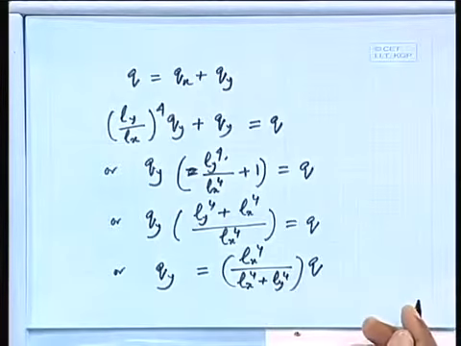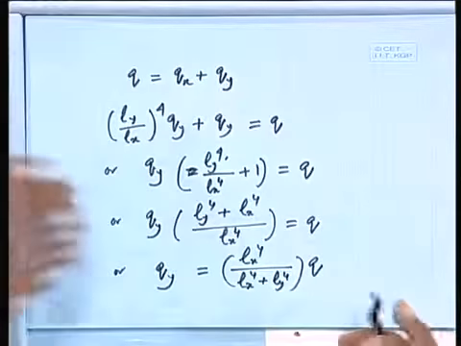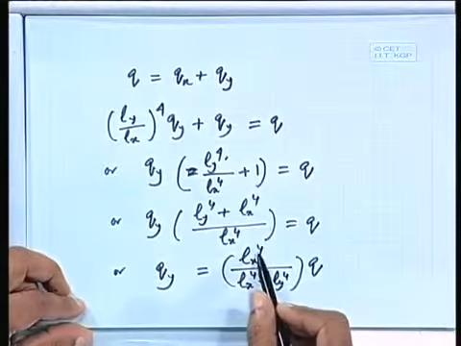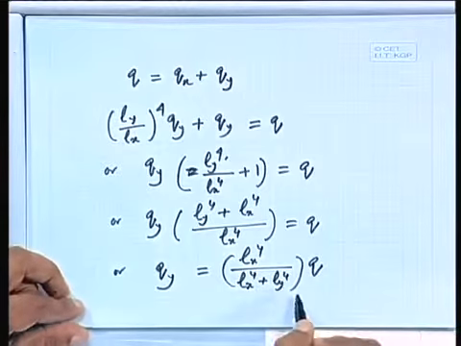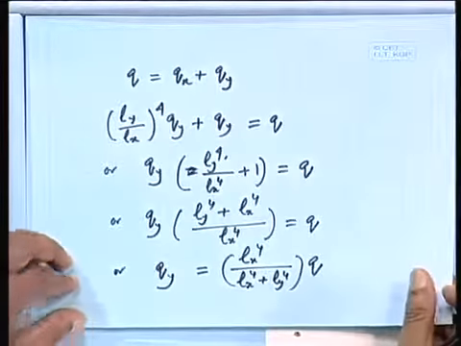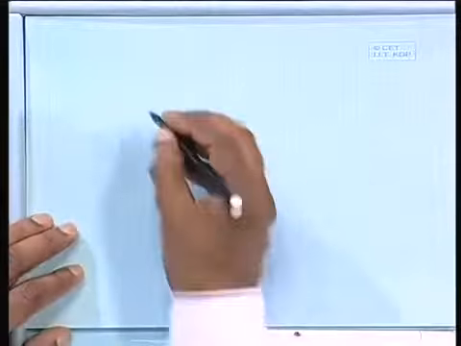So this is your q that we can get. Obviously this one will be Lx to the power 4 by Lx to the power 4 plus Ly to the power 4, this much we can get. So what about your My then?